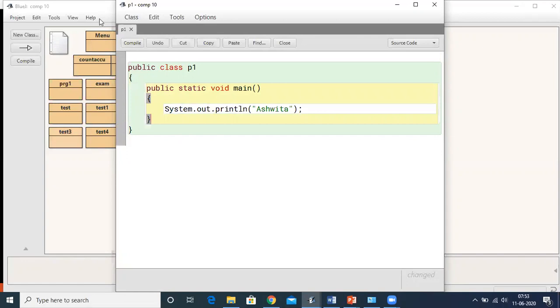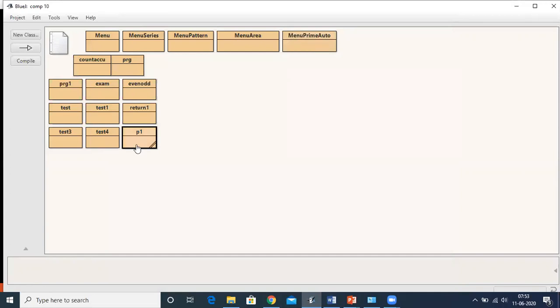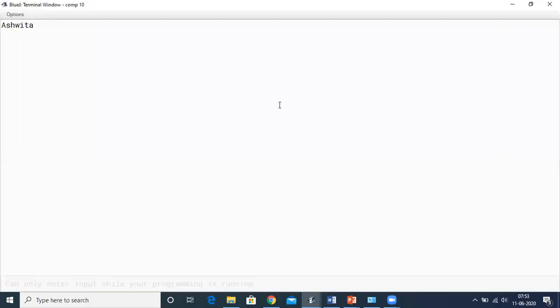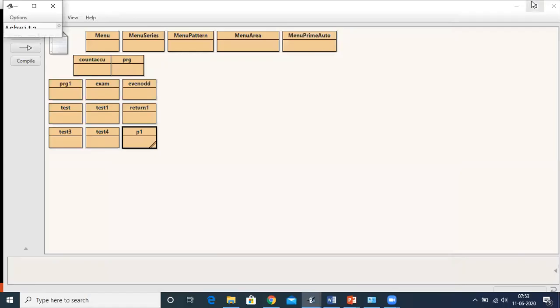Now I compile it. It shows no syntax error. That means it's error free. When I run this program, you can see this is my terminal window. It has printed the name Ashwita.